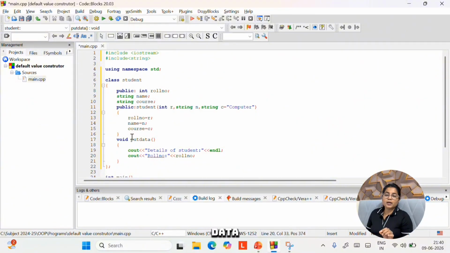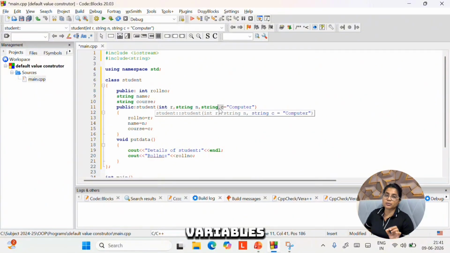See, put data is a member function of class student, so I am using the class variable roll number instead of R. So these R, N and C are constructor variables.